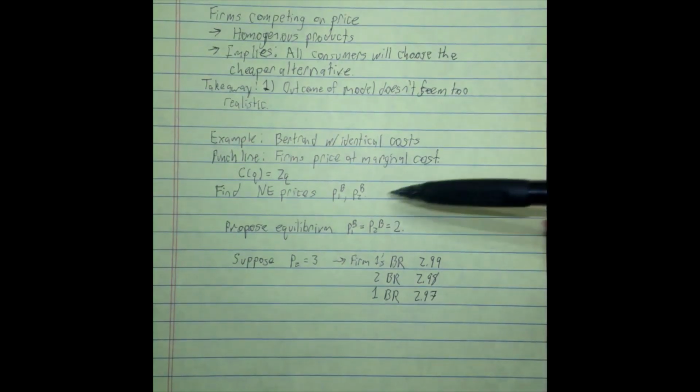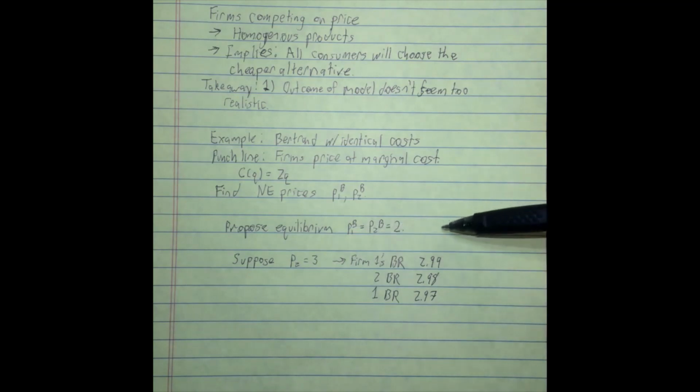And so you can see at no price here is there a Nash equilibrium that's above 2, because it's always going to be more profitable for the firm to undercut by 1 cent